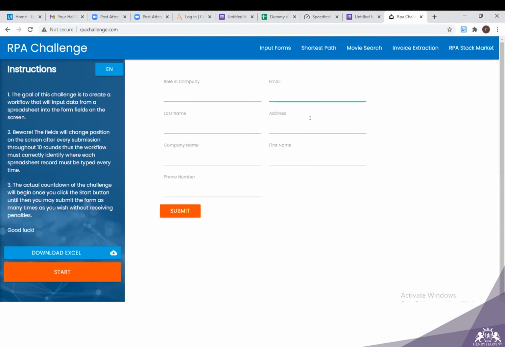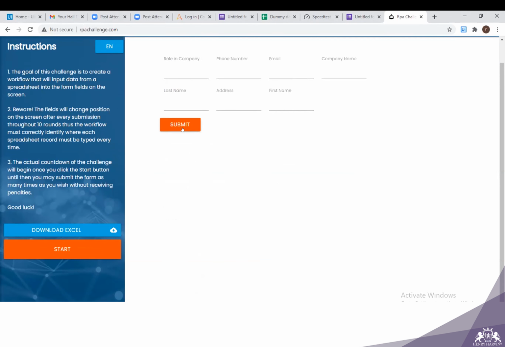Again, I'll say submit, fields are changing. Every time I press the submit button, this form will change its template. The fields and their sequence will change, and you have to check which particular field is coming first and which is coming last, and depending on that, enter the text. This is what we call dynamic web pages, where the fields change after every visit or after clicking any button or UI element.